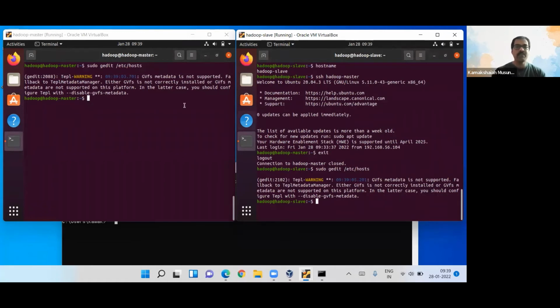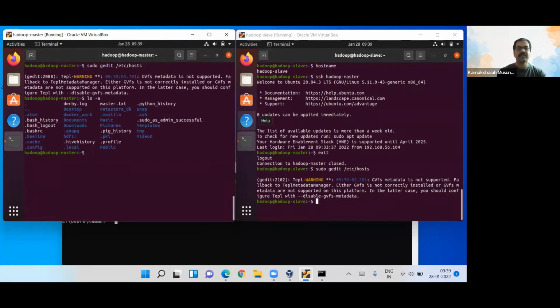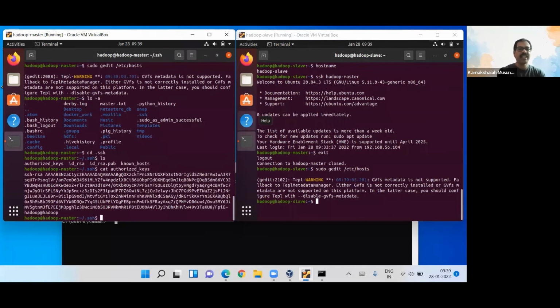Then you have to create the key, and I'll take you to the authorized keys. Actually, we have done ls -a. You see, I have .ssh. I already created it. cd .ssh, ls. I have authorized keys, right? cat authorized keys. You see, I should be having